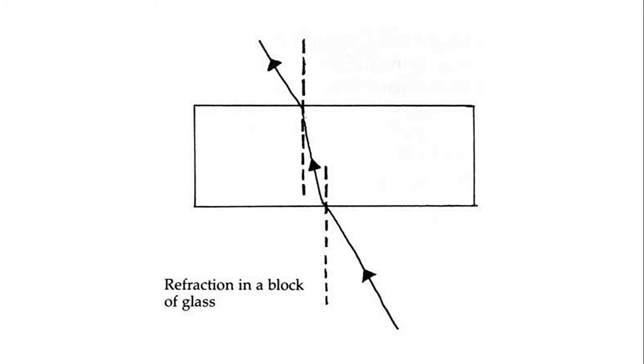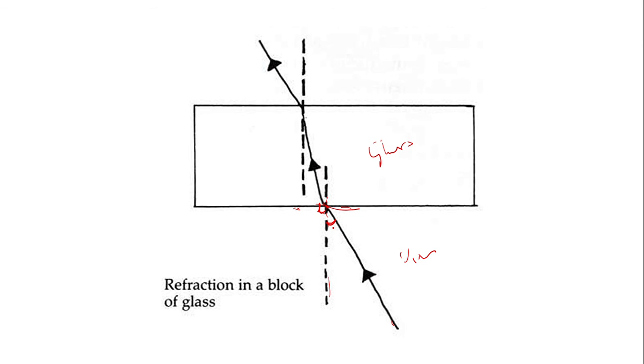So over here, for example, this is a rectangular glass block. When a ray of light is passing through it, at this point it will bend once it enters. Here there is a rarer medium, air, and the glass is a denser medium, so it will bend towards the normal. Now, what is a normal? A normal is nothing but a perpendicular drawn to the surface. So this is the surface. When you draw a perpendicular at 90 degrees to it, that is the normal, and the angle that the ray forms with the normal is called the angle of incidence.